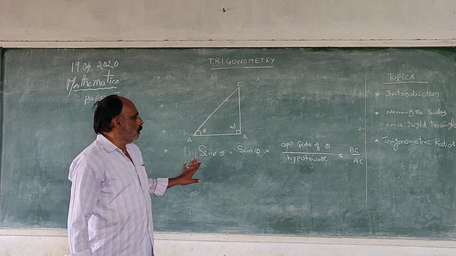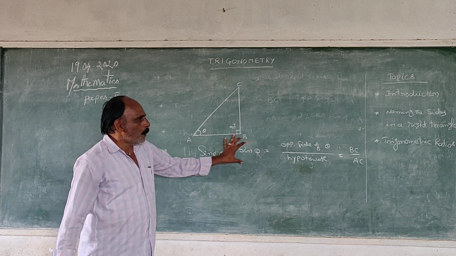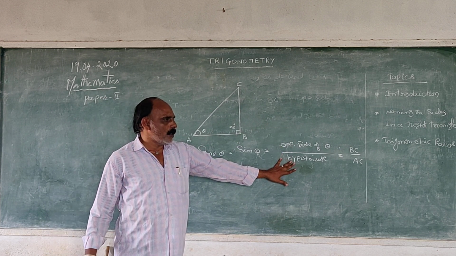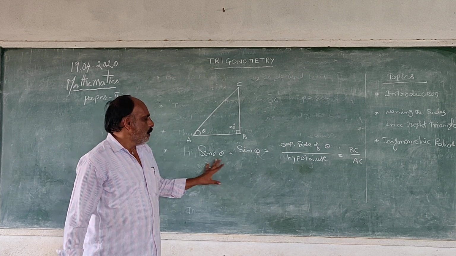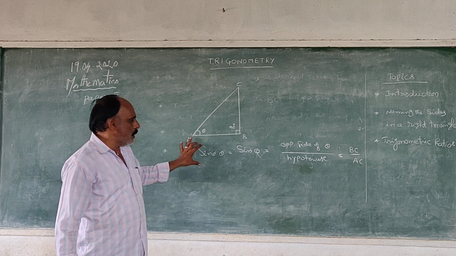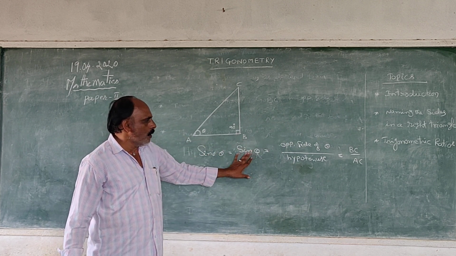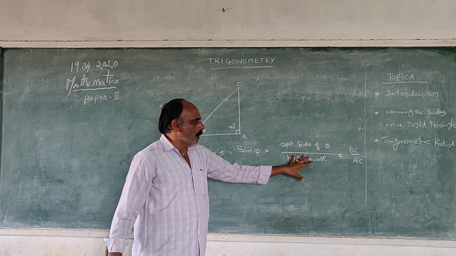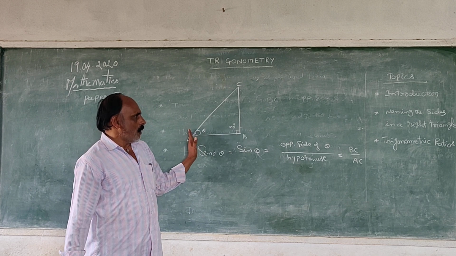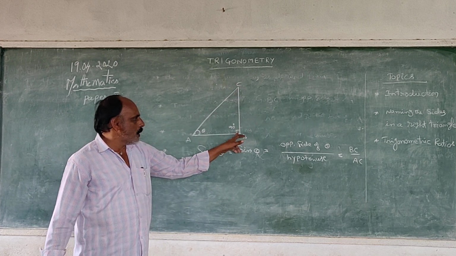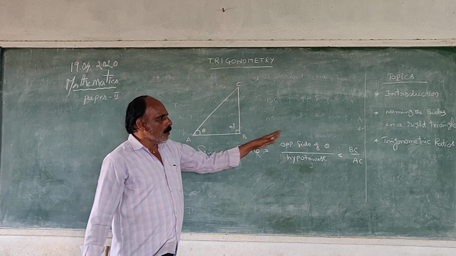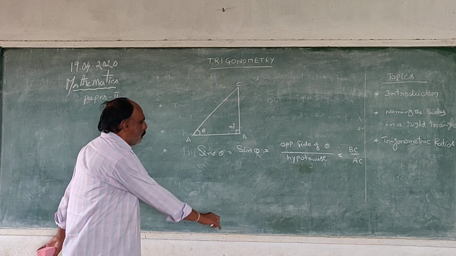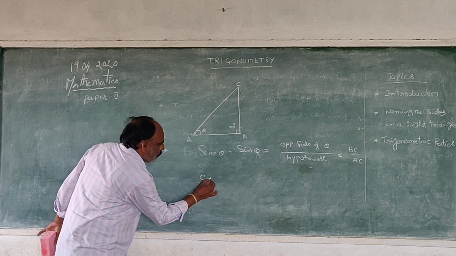Sin theta is equal to the opposite side of theta by hypotenuse, which is BC by AC. Sine is briefly written sin theta, equal to the opposite side of theta by hypotenuse. From the figure, the opposite side is BC and the hypotenuse is AC. So BC by AC. And second one, cosine theta